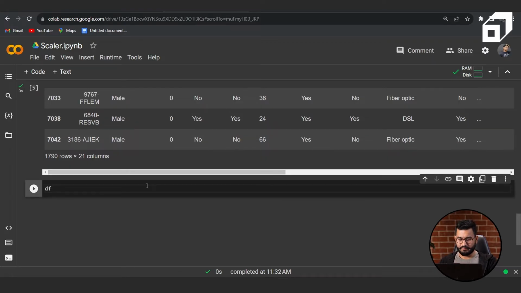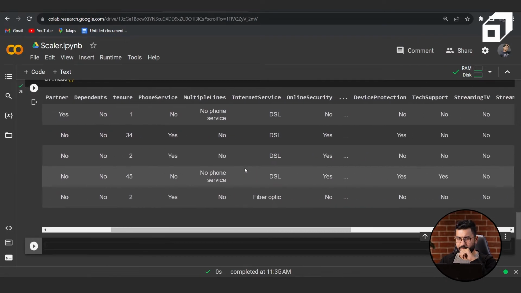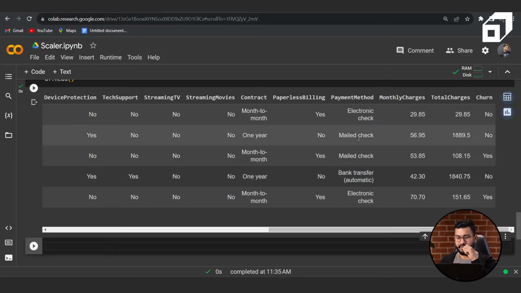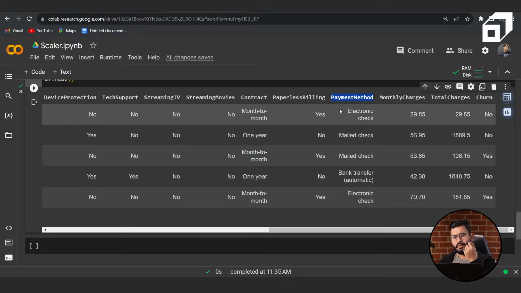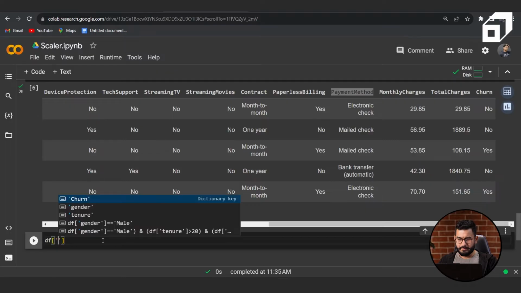Now let's say we have this data. Given this data, I do not know how many unique or distinct values I have in a particular column. And sometimes you might need to get an idea regarding how many distinct categories or values you have in a column. Maybe it is for filter purposes, maybe for any other objective, but you might have to get an idea about how many distinct values you have in a particular column. So let's say I need to find out the various distinct values I have in the column payment method. I'll just simply say df payment method,